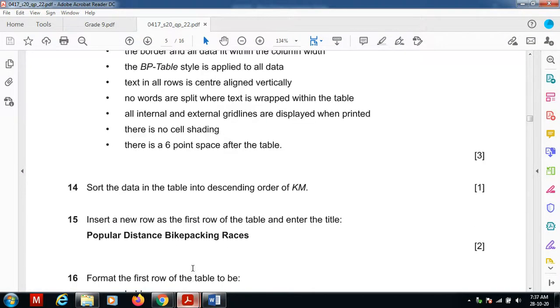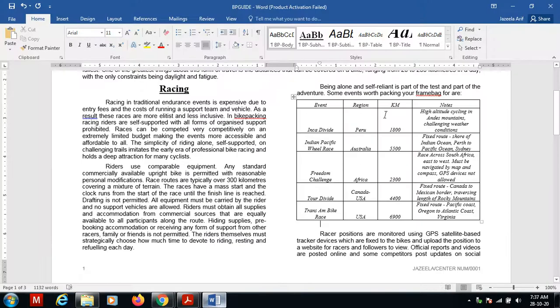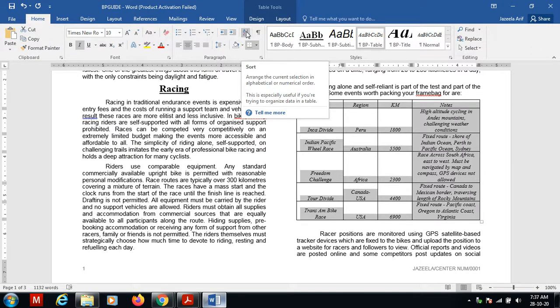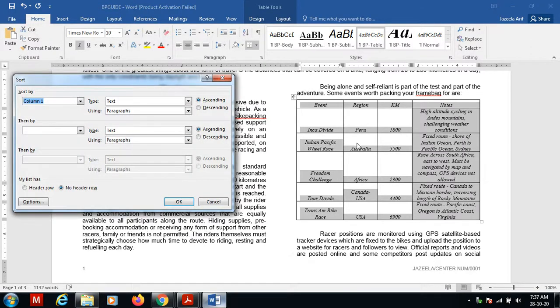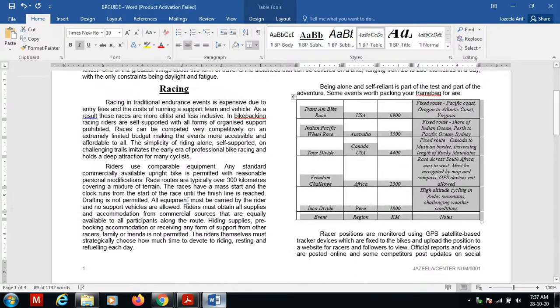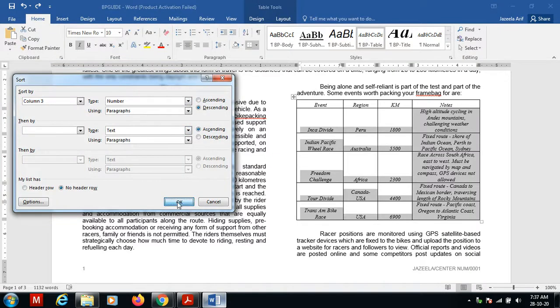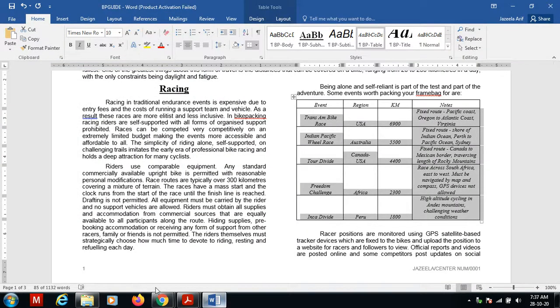sort the data in the table into descending order of km. So we have to sort in descending order of kilometer. I'm going to select the complete table and then go to home, and you can see sorting here. Click on sorting and we have to go for column 3, and it is in numbers, and then choose descending. Click OK. Sorry, we have to select only the data and then sort by column 3 and then descending. Okay, so now next is